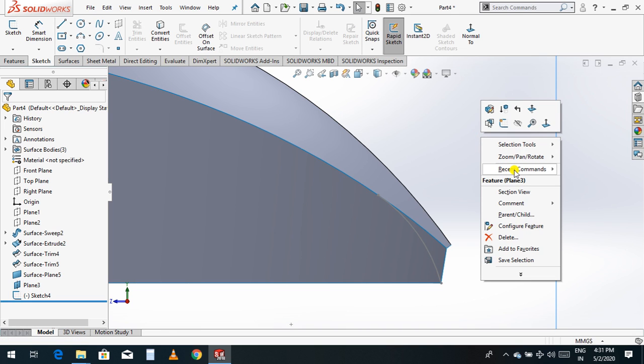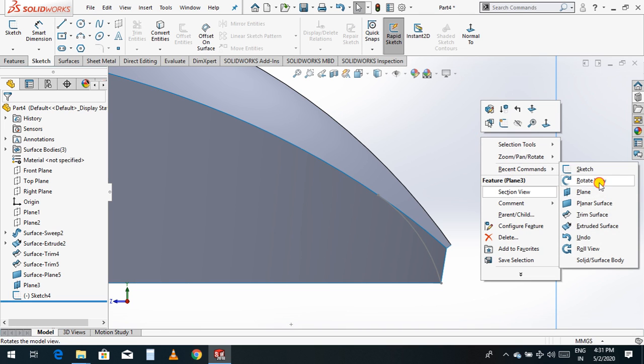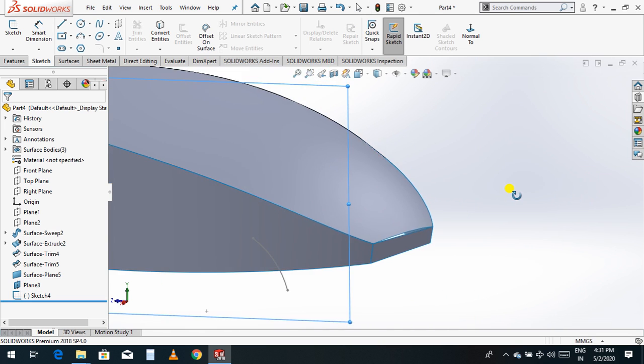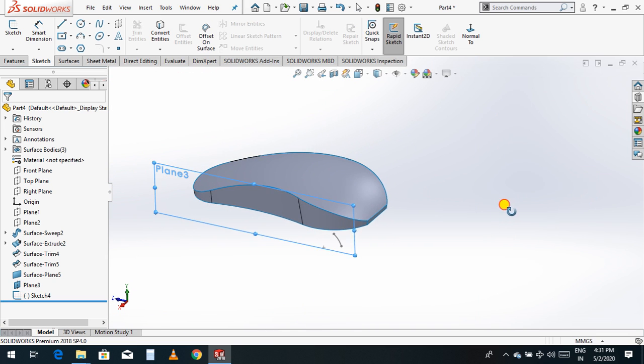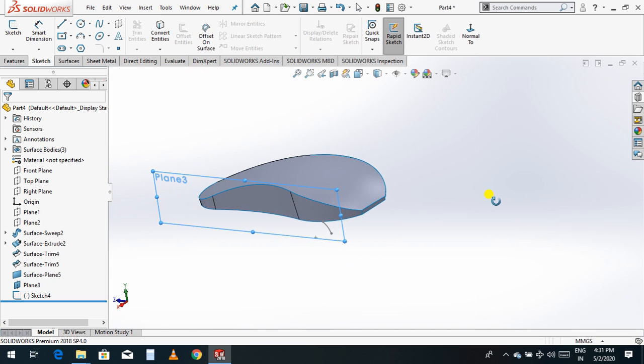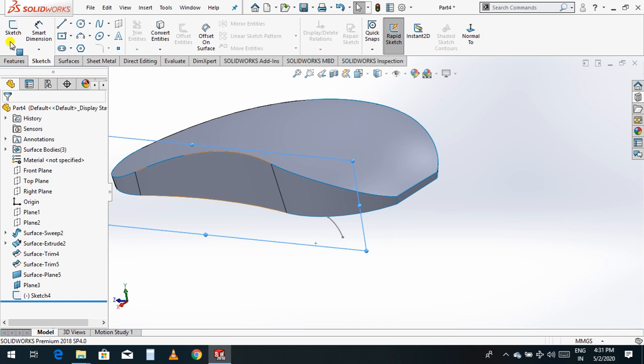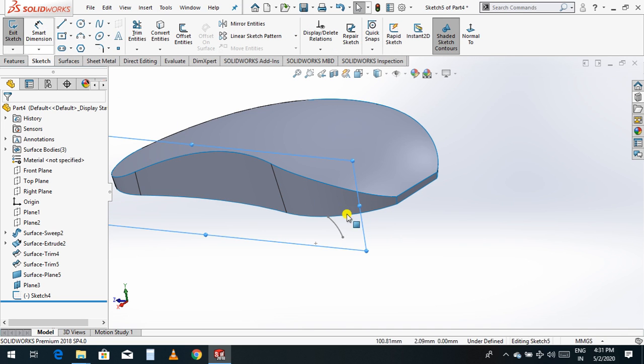Now just rotate. Now go to surface, extrude, and I'll extrude this face.